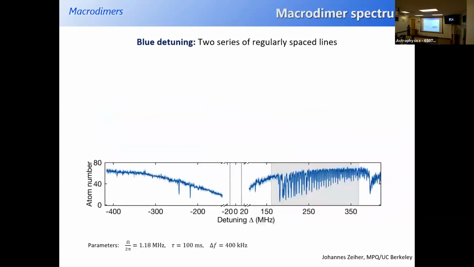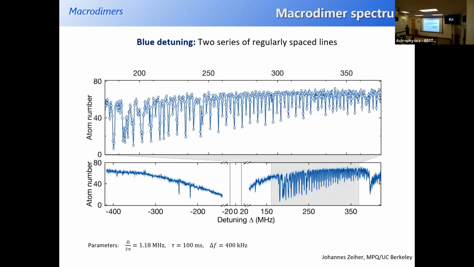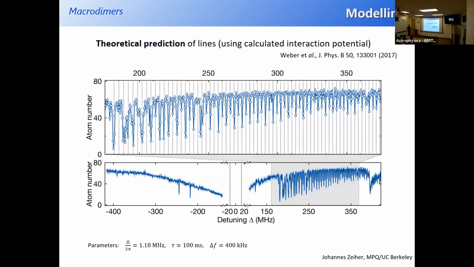So we start far down with the detuning, and you see some coupling, some loss due to these 1 over R to the 6 curves, and you see the resonance where we just lose all the atoms, and then the loss goes away. But then we see these very large series of bound molecular states, and zooming in, it's really a very regular series with some structure in the strand. And knowing the potentials, we can also calculate the line positions, and these are the lines, and they basically perfectly explain the positions of these minima.